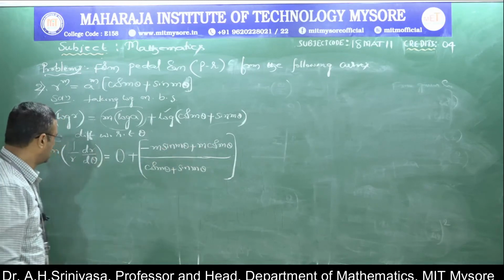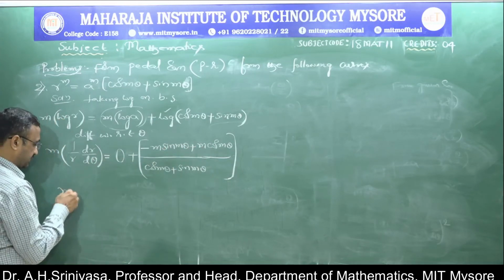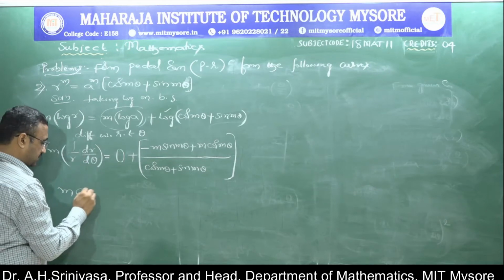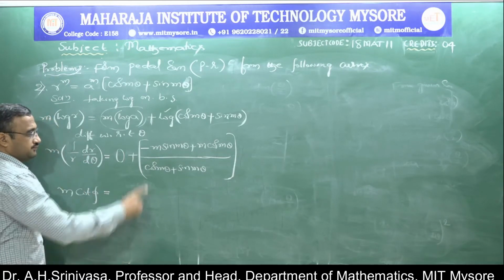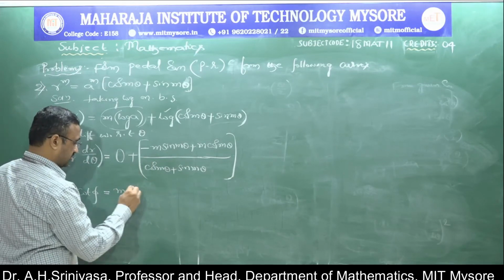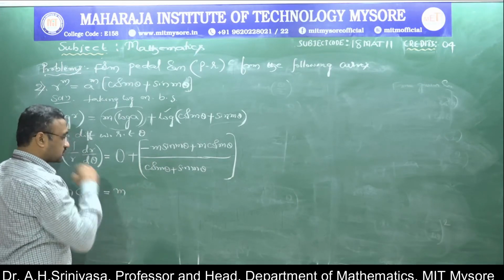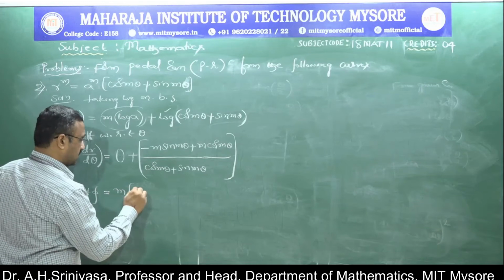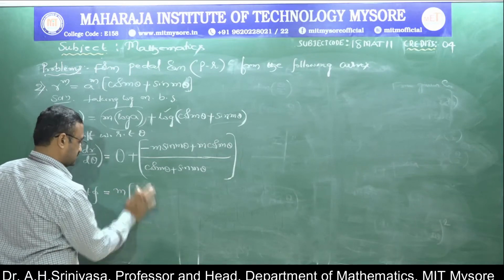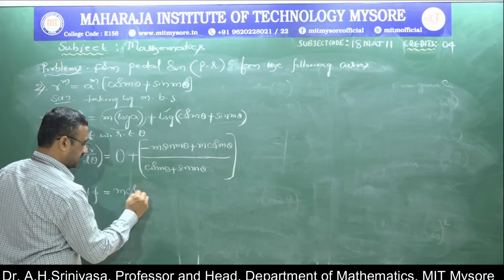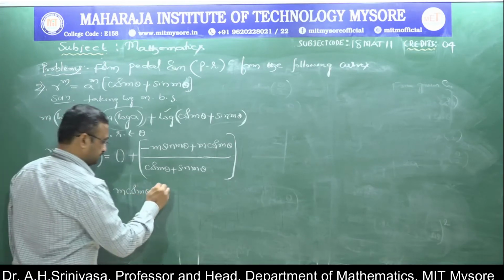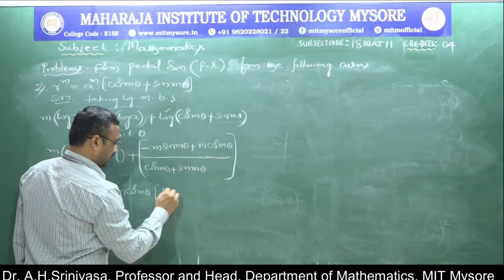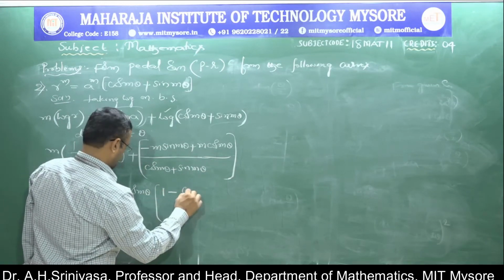We get m into, so for this one we write cot phi will be equal to, taking m as a common factor, we can also take cos m theta as a common factor as well. Good. If you take cos m theta as a common factor in both numerator and denominator, this becomes 1 minus of